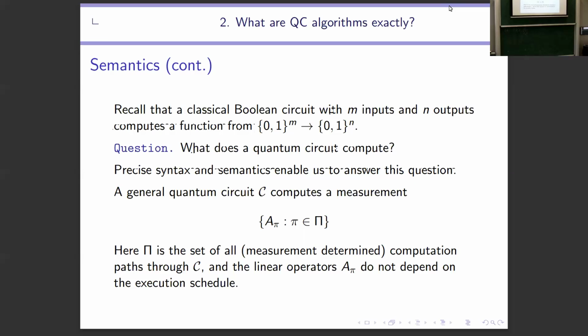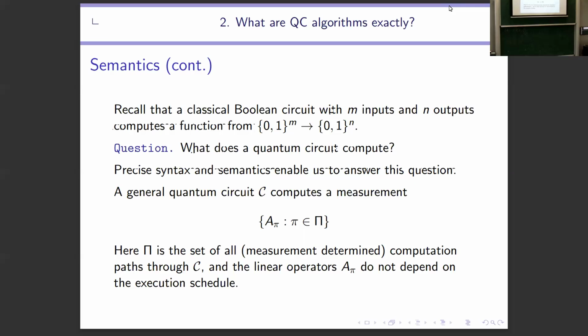Turns out, you can say, what does a circuit compute? A Boolean circuit computes some Boolean function. It turns out that any quantum circuit computes some measurement. And you can prove that in general, the execution may have many ways to go through the circuit, depending on